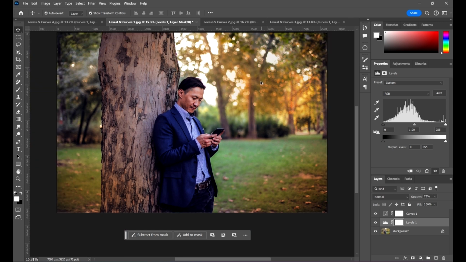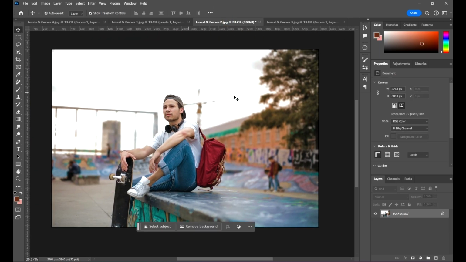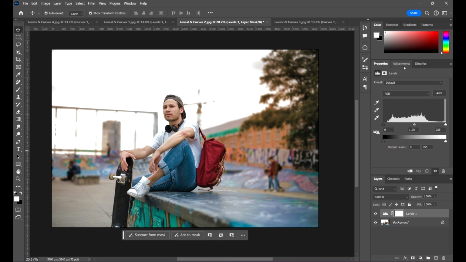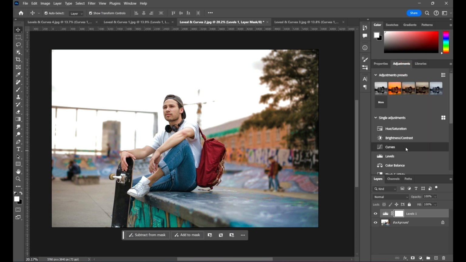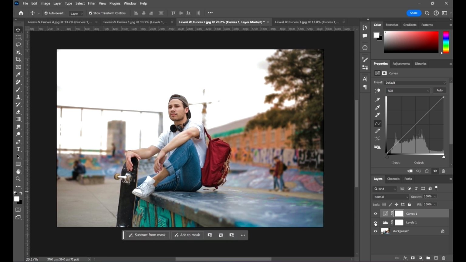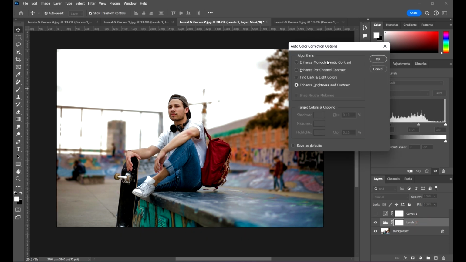Perfect. And finally, I'll just go into this last image, and we've not made any adjustments on this image, right? So I'm just going to go ahead and add my levels and also my curves, and I'll use some of the tips and tricks which we've learned from the last video and also in this video to make adjustments to my curves and my levels. Okay, so first of all, I'll start with the levels. So I'll just go ahead and click Alt. Sorry, while selecting my levels, click Alt and Auto,